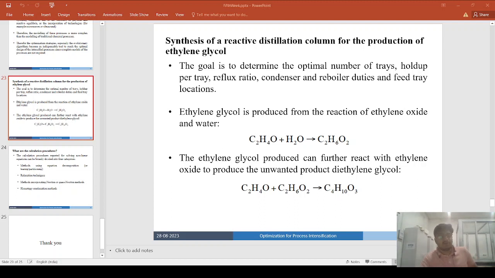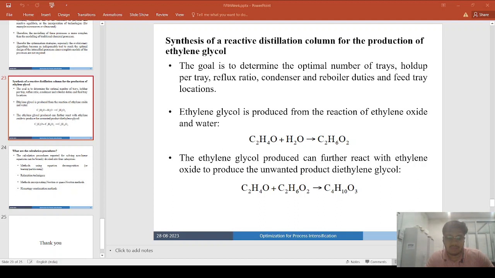So this is a very good paper, a very good case study for the optimization technique that has been applied to achieve process intensification by reactive distillation. This paper discusses a mixed integer nonlinear programming model for synthesizing a reactive distillation column when chemical reaction equilibrium cannot be assured. The mixed integer nonlinear programming model minimizes the total annual cost subject to a rigorous tray by tray model. The solution of this model yields the